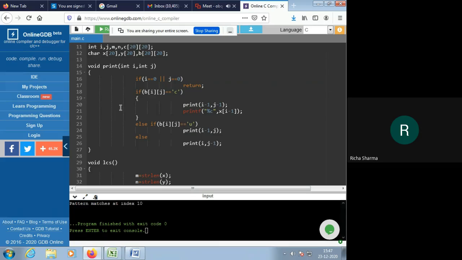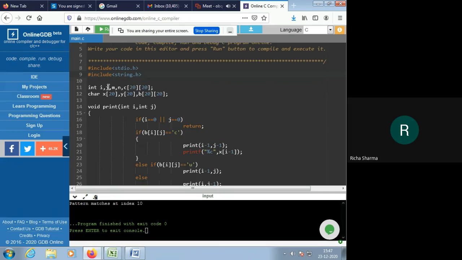So apart from main we have two other functions, LCS and print. We have declared all the variables as global, so the values of all these variables are available throughout the scope of all the functions.